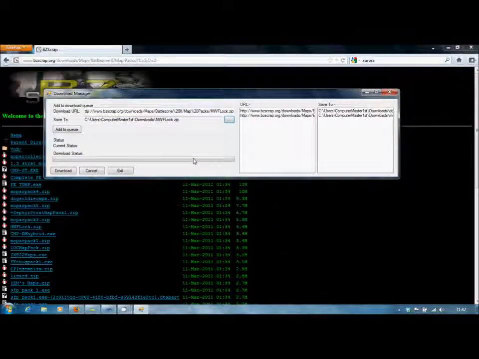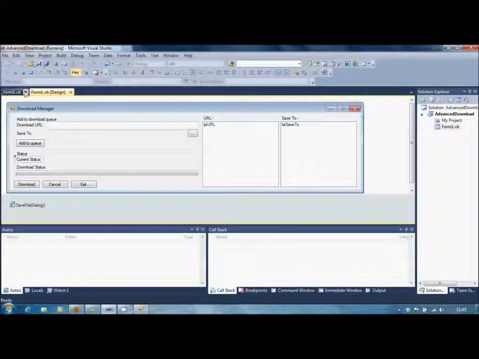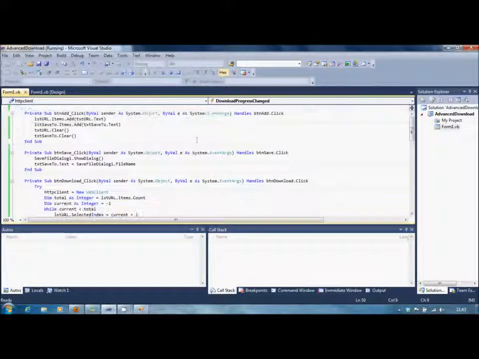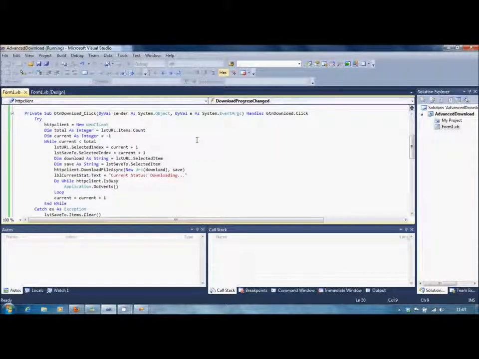You can do as many downloads as you want, but once you hit start and you're continuously adding stuff to the queue, it will not count them. But with a slight edit to the code, I believe you can. But since I've already got this currently running as debug,